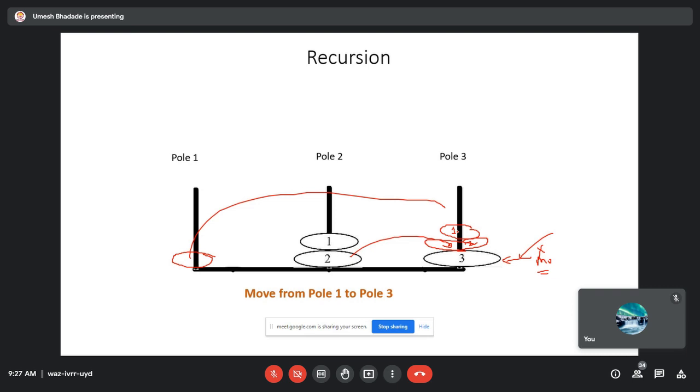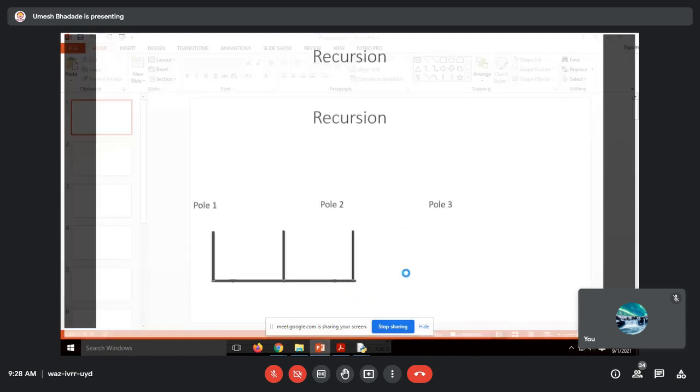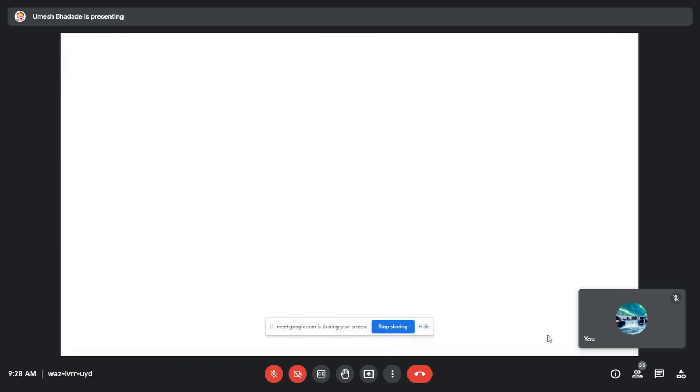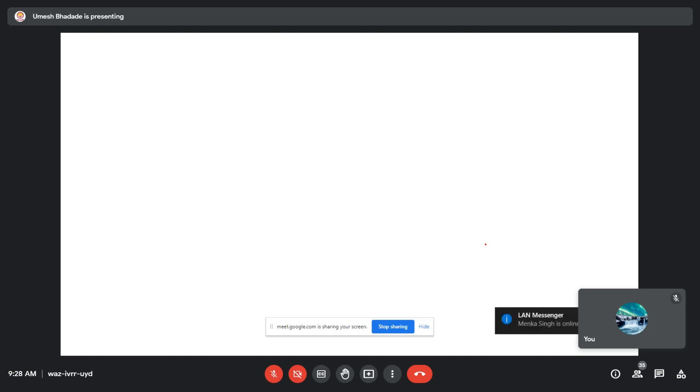Any doubt in this? But now these were only three, so it was very easy for me to illustrate the demonstration. But in some cases, it may happen that the number of diskettes may be very high, that is, say 5, 6, 7, 8, 9, 10. So in that case, a large number of steps we will require, right? So we will just take